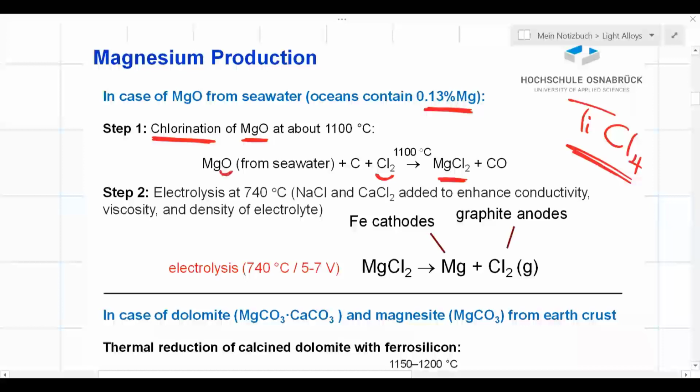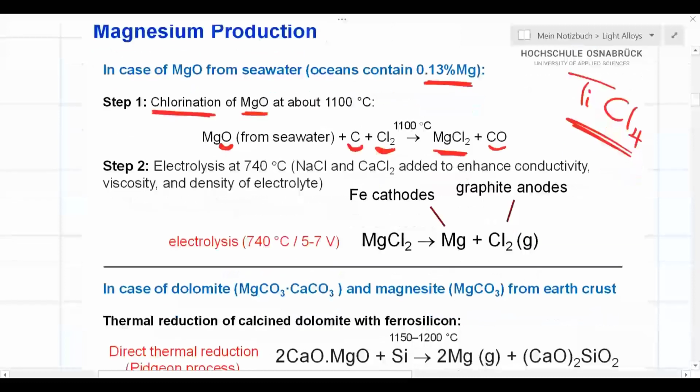We could strip oxygen from magnesium oxide, because these are very stable oxides, but by exposure to an atmosphere where we got chlorine, we could strip oxygen from magnesium. Right, and carbon could help to increase the temperature. It is not a major player in the process. We see that carbon is going to react with the oxygen, which gets free, we get CO. Major player here is chlorine, which helps to get MgCl2,